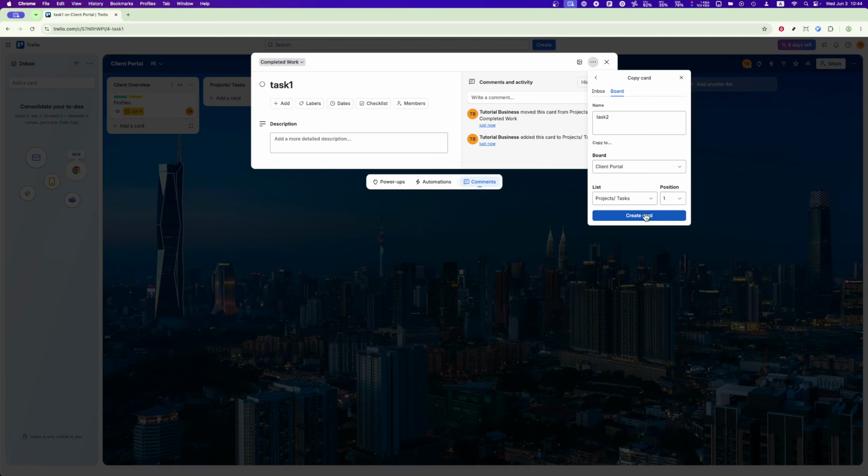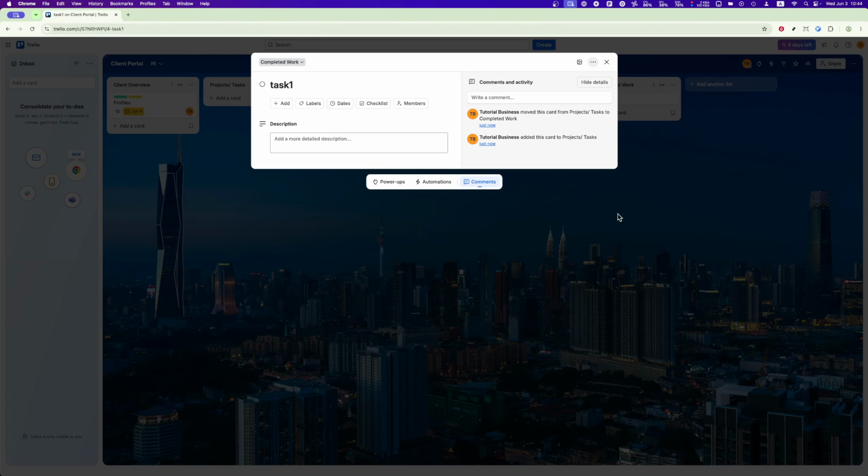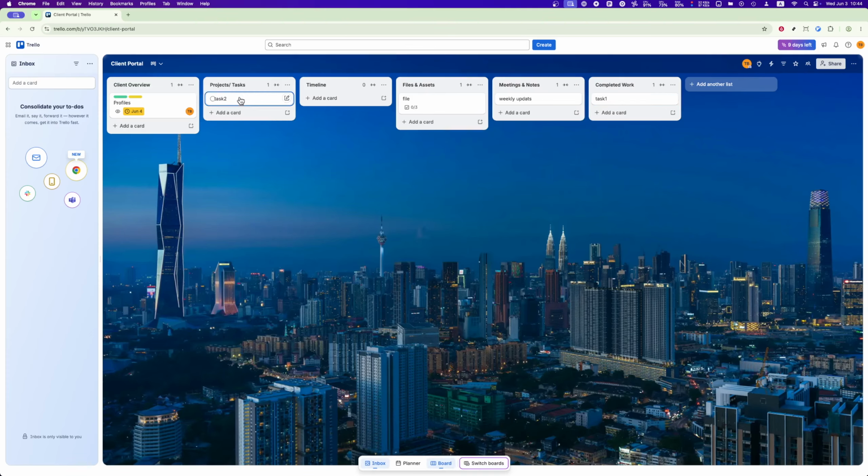be included in the duplicate. You can choose to keep things like checklists, attachments, and labels intact. Simply check the boxes for the elements you want to carry over. If there's anything you don't need on the new card, make sure to uncheck those options. When everything looks good, click the Create button to finish duplicating the card. That's it. Your new card will now appear in the board and list you selected, ready for you to work